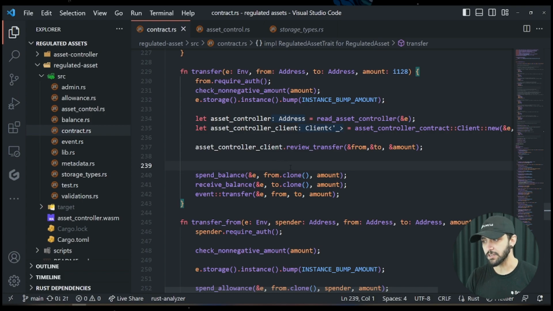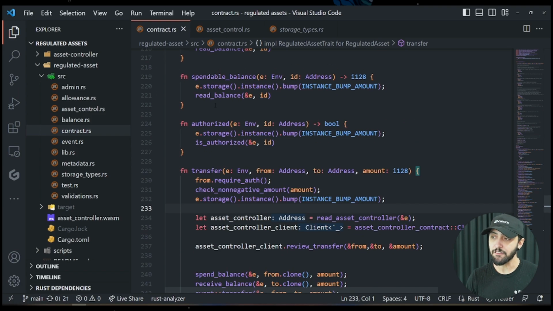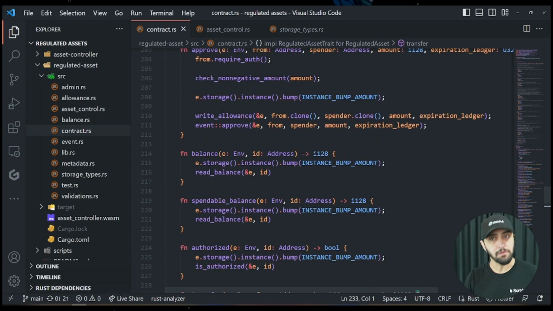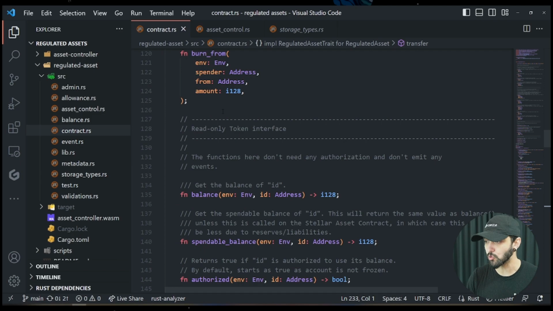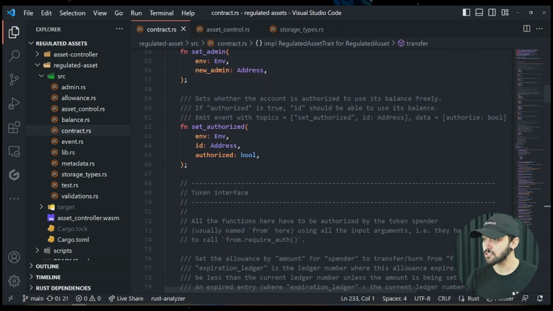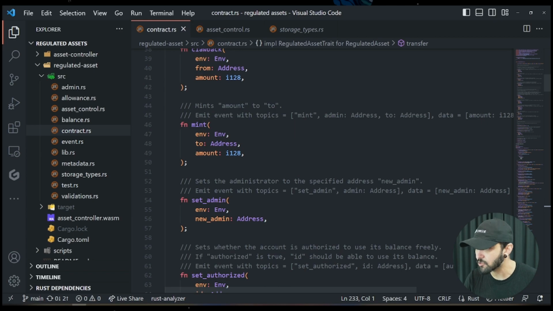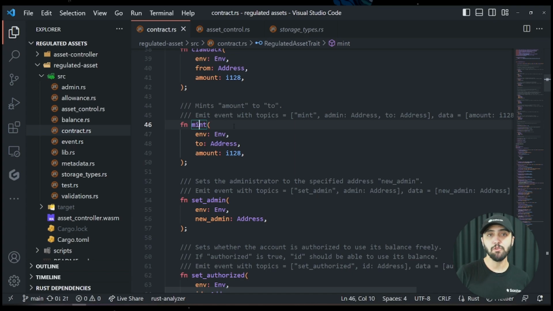It's important to note here that since we are only targeting the transfer function right now, this does not affect other functions that could also move balances around. So one example of that would be the mint function. The mint function that we have here in the contract on top, let me just get to it. The mint function is used by the admin of the asset, and it's used to generate new units, new supply. And instead of moving from one account to the other, it creates new units, it's minting new supply straight into a target account. So in this first version, we decided to not enforce any rules when an admin is doing an action like this,